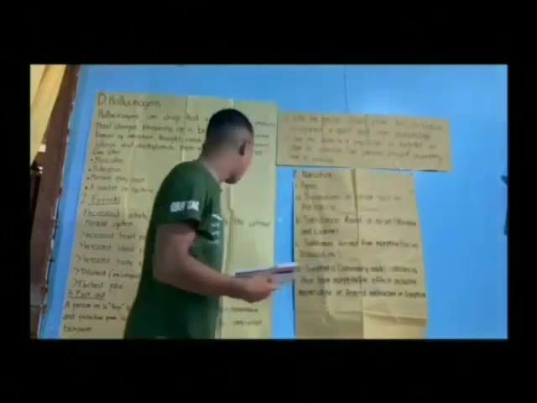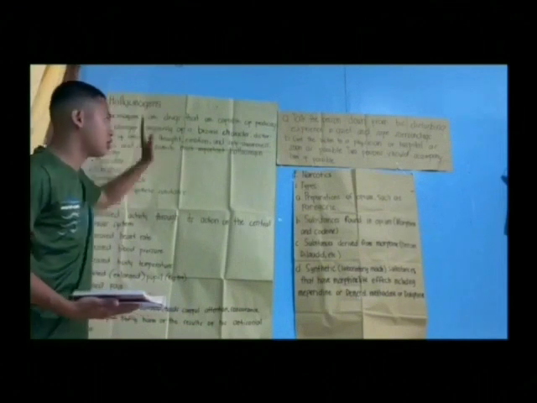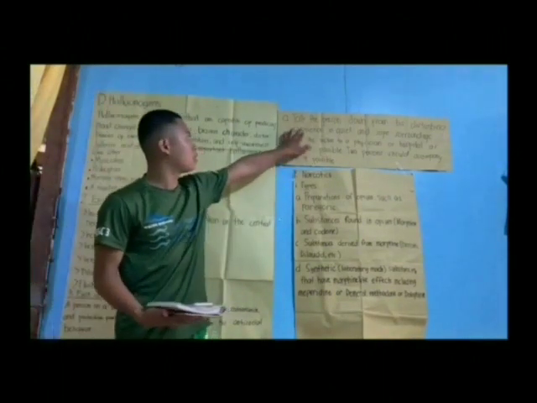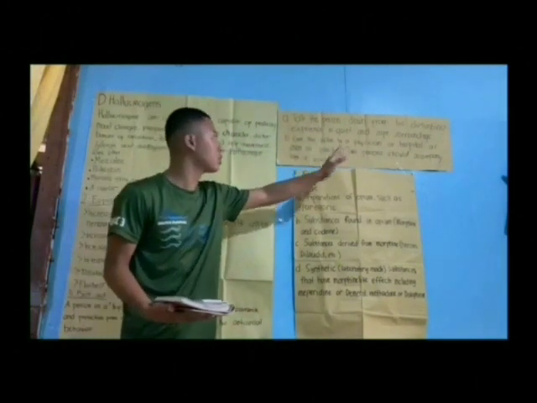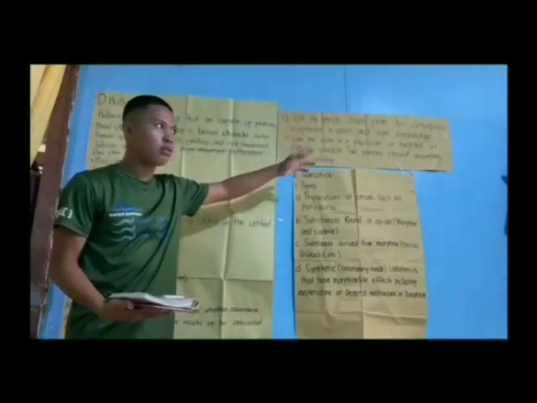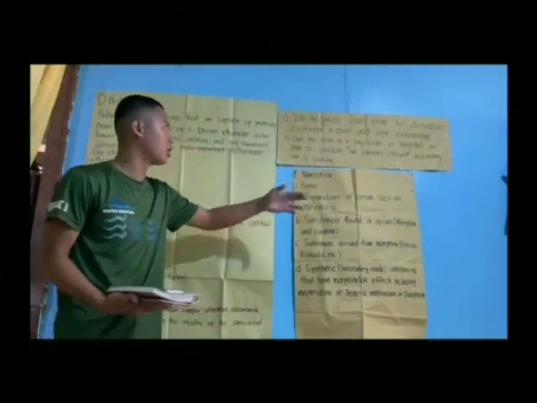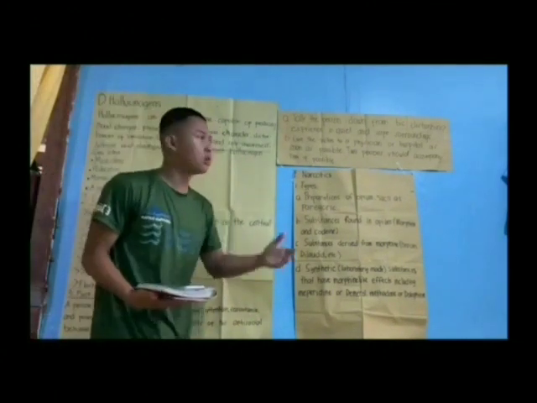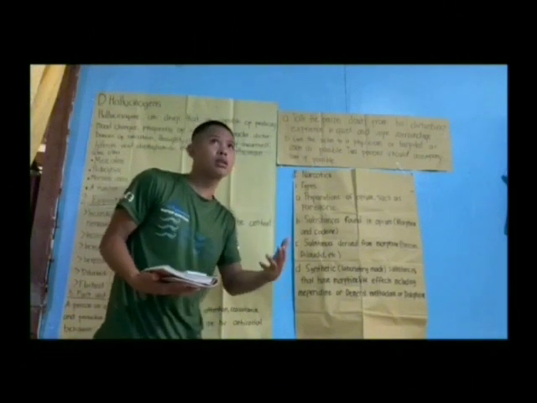So for people who experience hallucinogens, the first aid is to talk the person down from his disturbing experience in quiet and safe surroundings. So how we treat them is we talk to them in a safe place, safe surroundings or a quiet place, so that it feels normal to them.